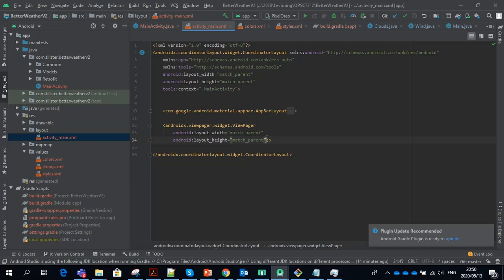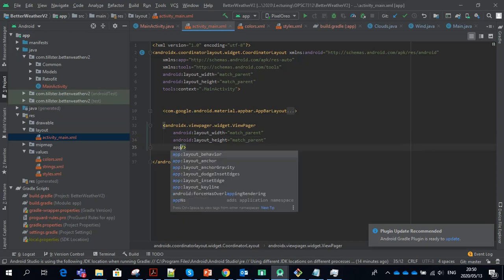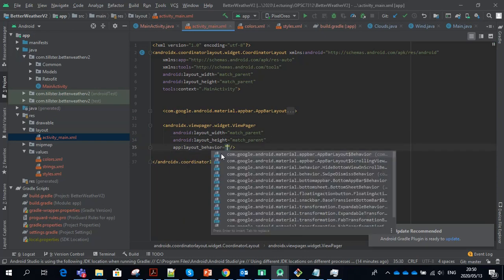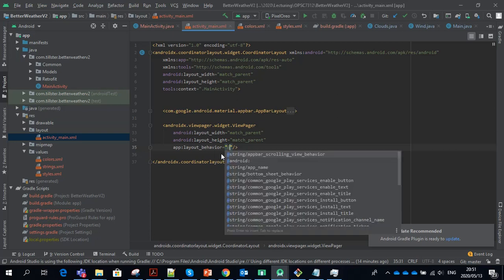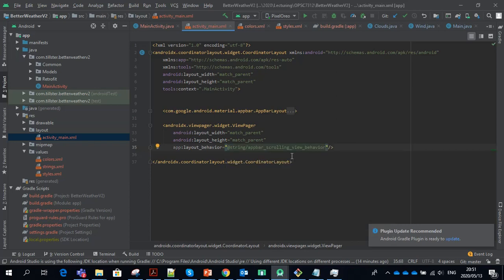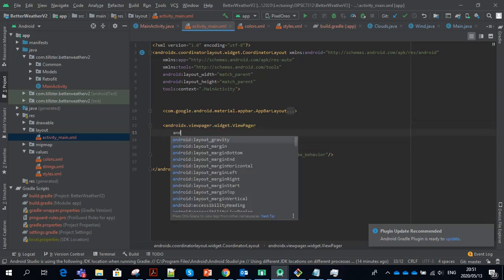We want to give this guy a behavior. So we're going to say app layout behavior, and we're going to set it scrollable. So we're going to do that with at string, and it will pop up for you almost automatically with string app bar scrolling view behavior. So we can scroll up and down and left and right in this guy, and we have to go give him an ID. So we're going to say